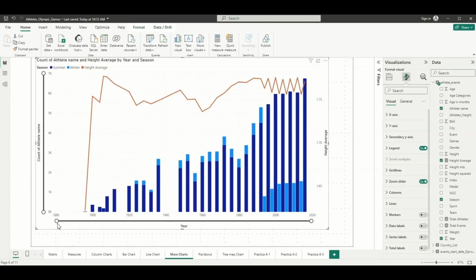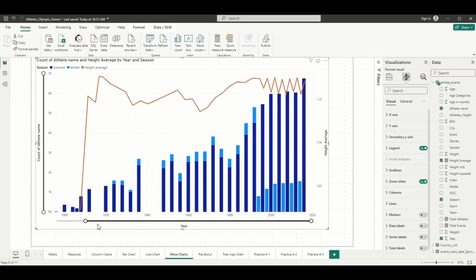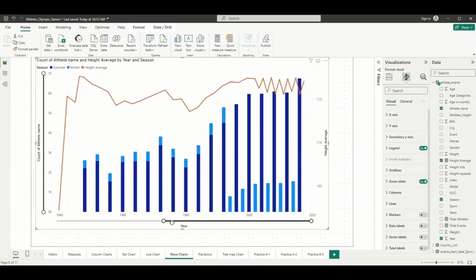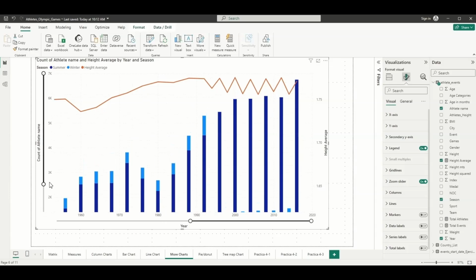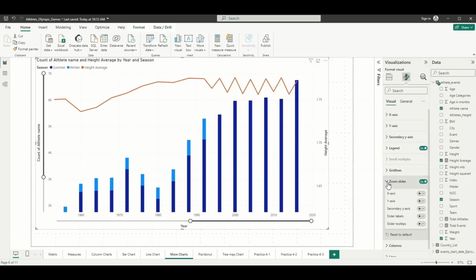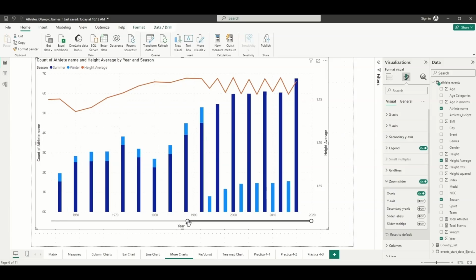And this allows us to make a zoom in. Both in time, in this case on the x-axis, and in the scale of the numbers on the y-axis. Moving these axes can make it easier for us to see the information in greater detail. We can disable the functionality for one of the axes. In this case, we could leave only the x-axis, but disable the y-axis, and we just leave the zoom for